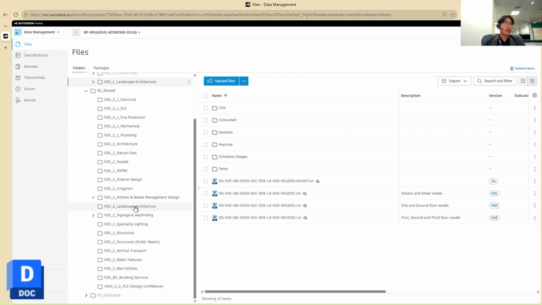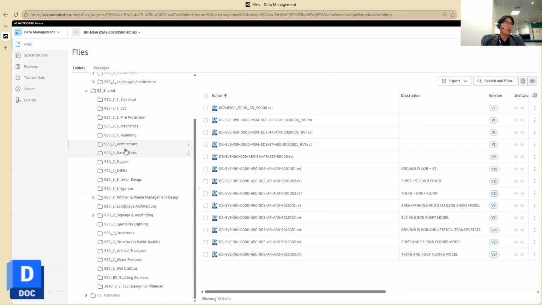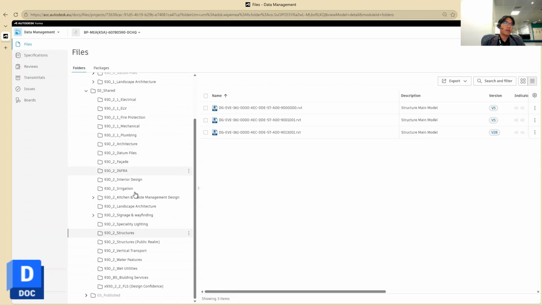So you can find the major discipline teams here, like architecture. When you click on that, you can also see their model. In here, they decided to share in Revit format only, but in some other projects we may see other kinds of formats like Civil 3D, IFC, or even Navisworks. And other teams like structure, waste, utilities,